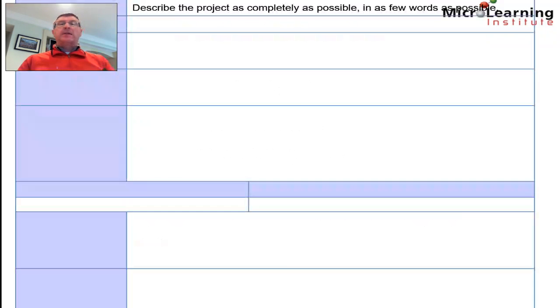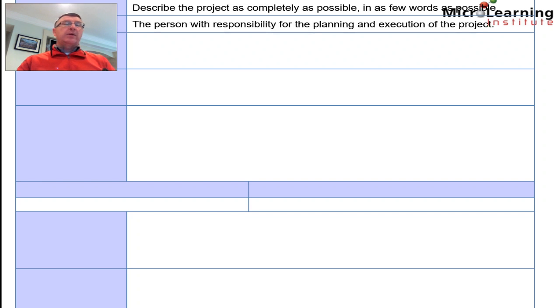Now, let's have a look at typically the contents of a project charter. And again, this is quite a generic charter now. So firstly, the project charter will contain the project title. Again, this describes the project as completely as possible in as few words as possible. Also, we'll officially recognise the project manager here, and this will be the person with the responsibility for planning and